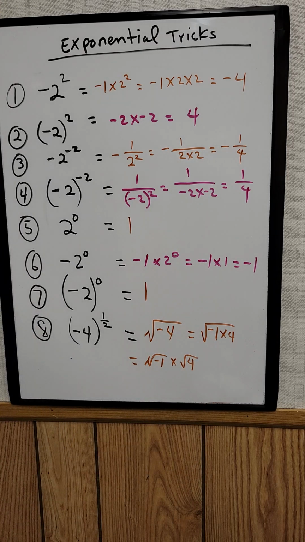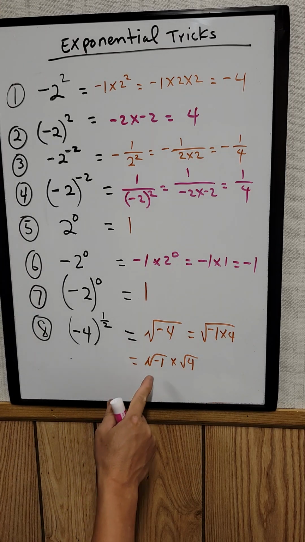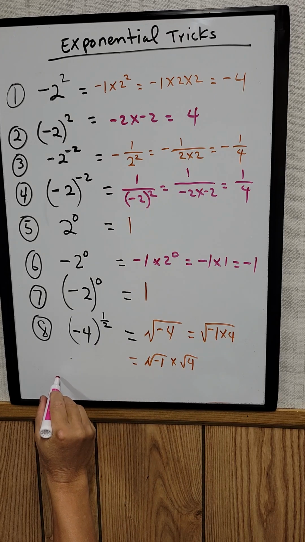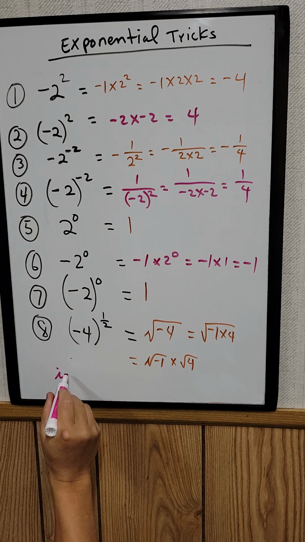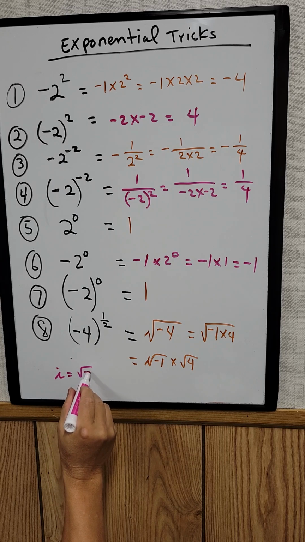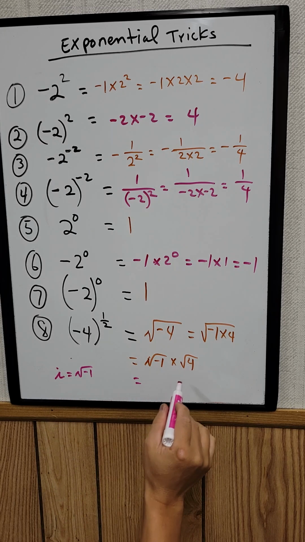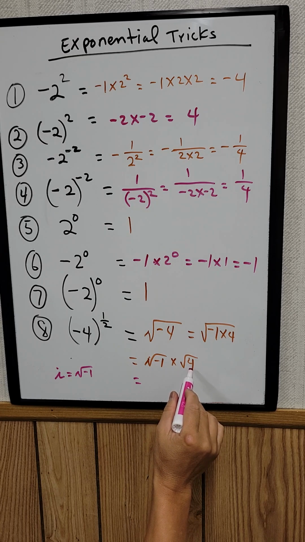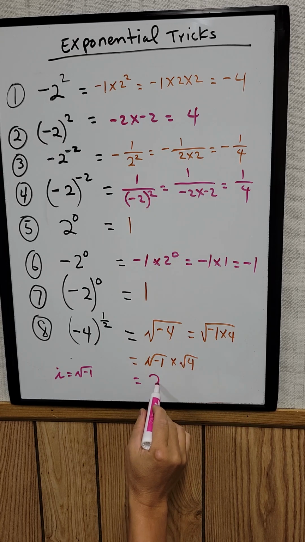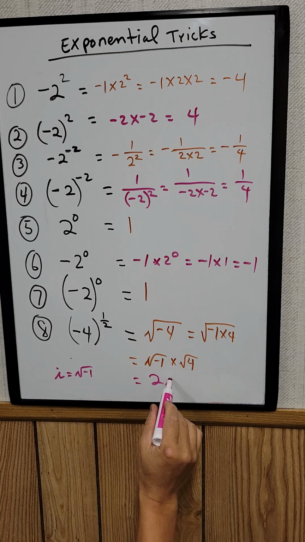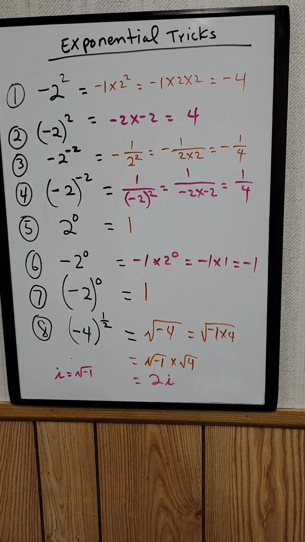Okay? So the square root of negative 1 is the imaginary number. They let small i equal the square root of negative 1. Now we can break it up: the square root of 4 is a perfect square, which is 2, and the square root of negative 1 is just i, so that equals 2i. Okay, so that's just a few exponential tricks that you should